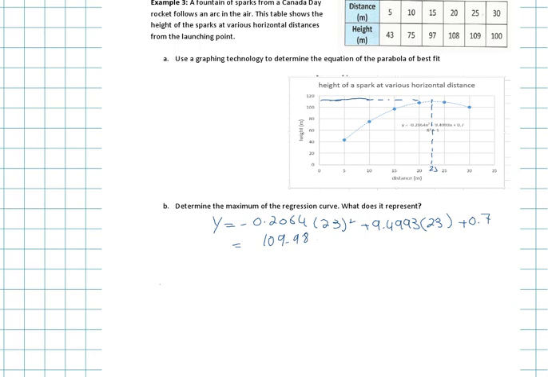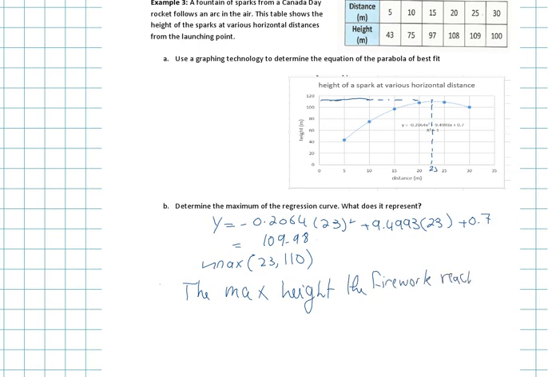Remember, this is an estimate, this is not an accurate result. And this tells us that the maximum height the firework reaches is 110 meters, at a horizontal distance